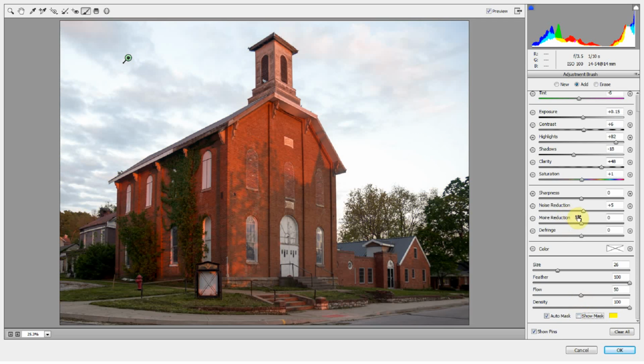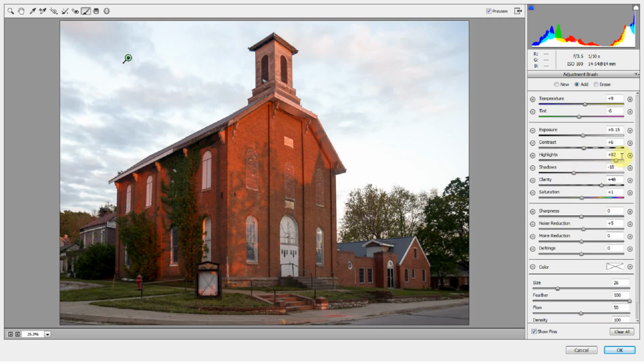Unclick show mask, and now I can modify some settings here. I'm just going to zero a lot of these out and start from scratch here. So this was a sunset, and you can't really tell, so I'm going to add some warmth to it to make it appear more like a sunset. And there was a lot of color going on in that sky with the magentas, so I'm going to increase the magentas a little bit too. And let's go ahead and reduce that. I don't like it blue, I like it more on the warm side.